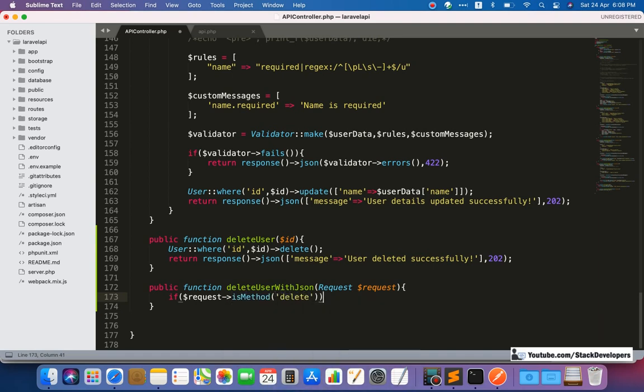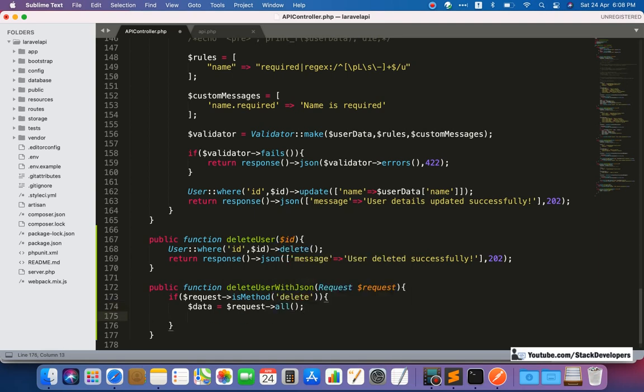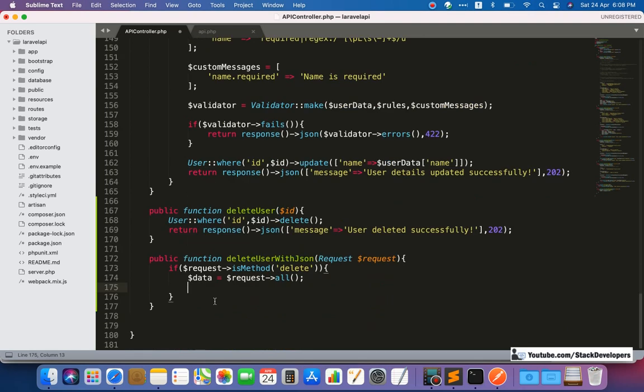Data will come inside it. First of all we will check whether the data is coming or not. So request all, we can make it user data, and we can simply echo print r user data.